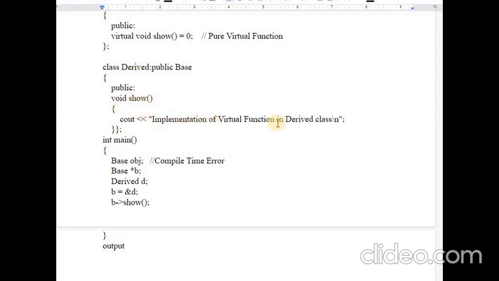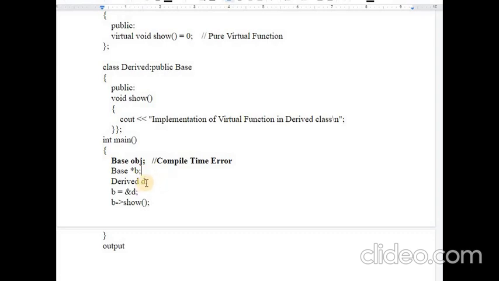This is the implementation of the virtual function in the derived class, and we have created a base object, a base pointer, and a derived object D. I have written base intentionally. I have tried to create an object of the base class, but the base class is an abstract class, so we cannot create an object of it, but we can create a pointer. This is correct. We can create a pointer or reference of the base class.